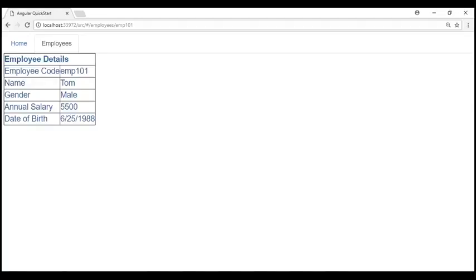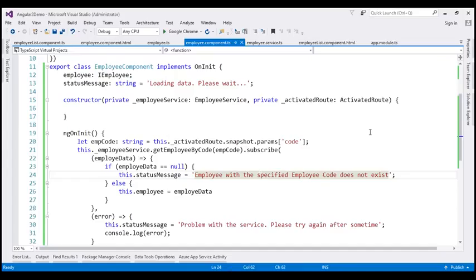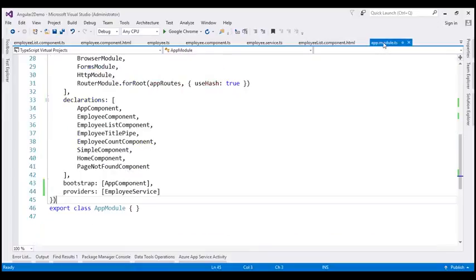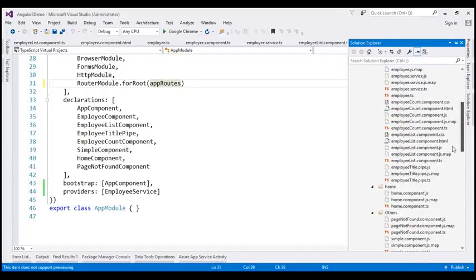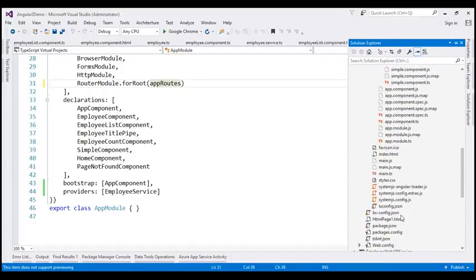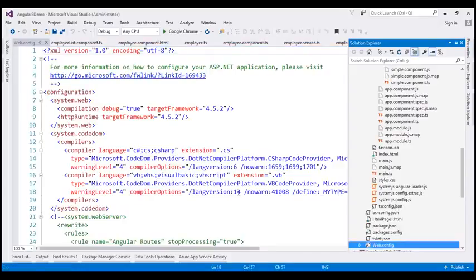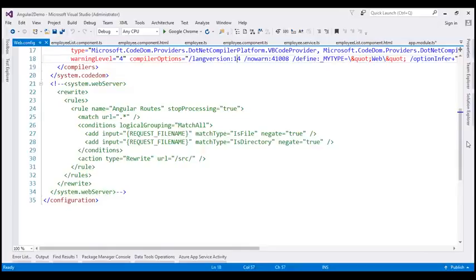At the moment we are using hash style routing. Let's also test this with HTML5 routing. To enable HTML5 routing back, let's go to our app.module.ts file and we just remove this property right here, use hash true, and within our web.config file, let's enable the rewrite rule that we have. So at the moment the URL rewrite rule is commented here, so let's uncomment this